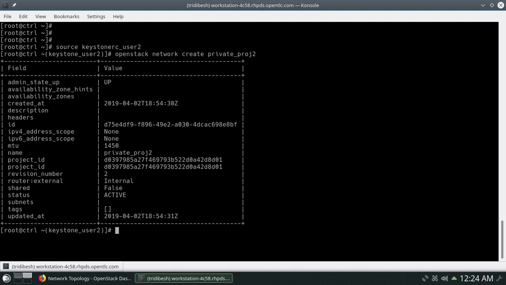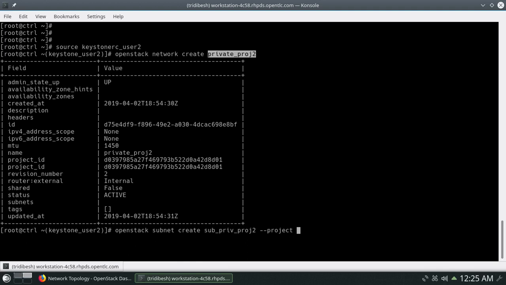Now we will create subnet for this private network. So OpenStack subnet create, project 2, hyphen project.